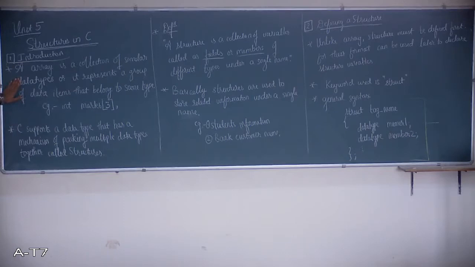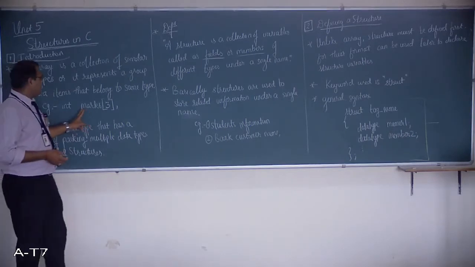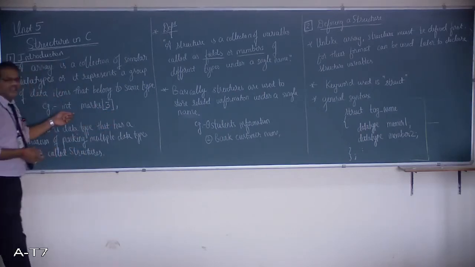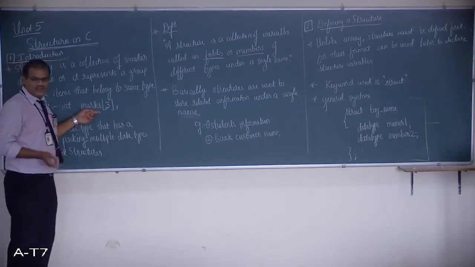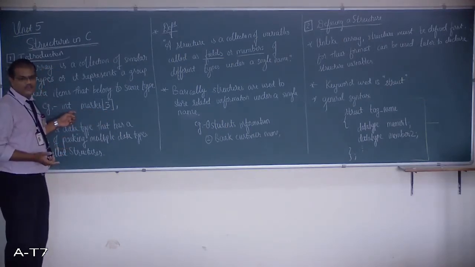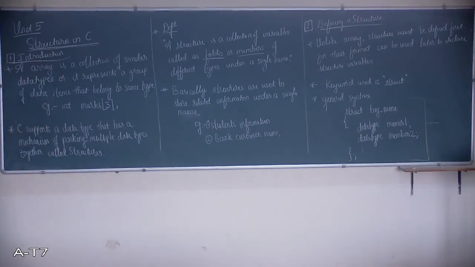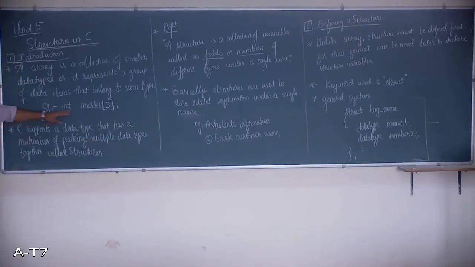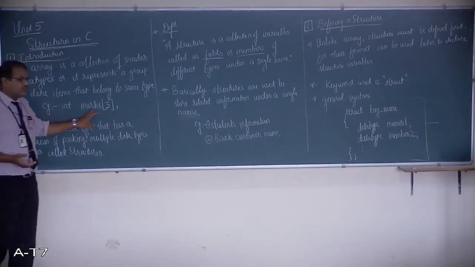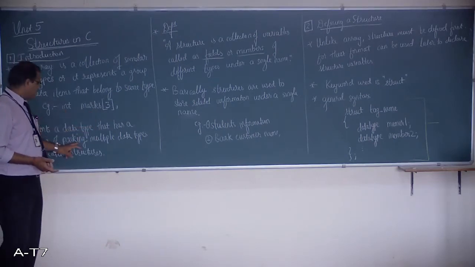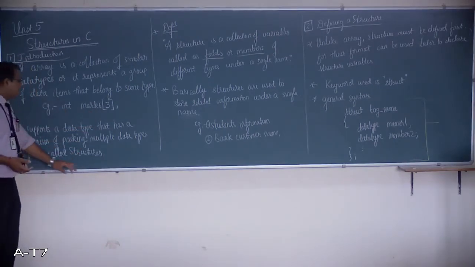Now, we will see an example: we have an array of marks which has 3 elements of integer data types. So here marks is a variable name which holds 3 values, and those 3 values are all integer data types. C has an advantage that it has a packaging system with multiple data types. Here in this case, there is only one data type, and only one variable called marks, so it is holding only one data type. But C has a packaging system called structures.